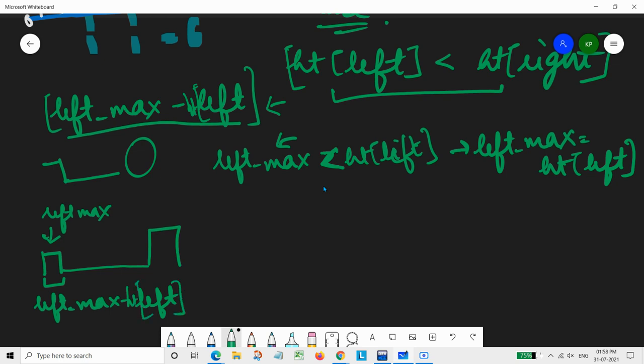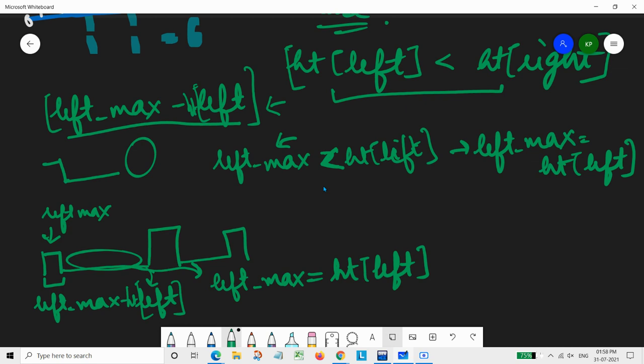And in this whole portion we simply require left max, which means this only. But at this moment, when we still have our right here, at this part we simply need to update our left max, that is, left max will be equal to height of left. So that's why we need to handle these two cases.